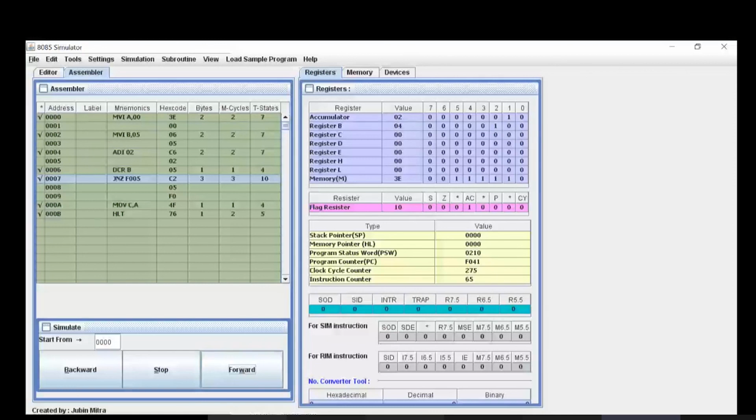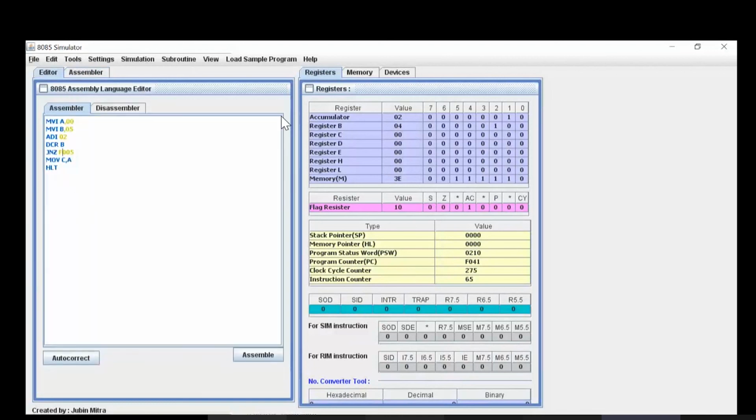What should be the problem? No, just type 0004 there. Don't type F, Harish, because our addresses are all from zeros, right? One more zero.